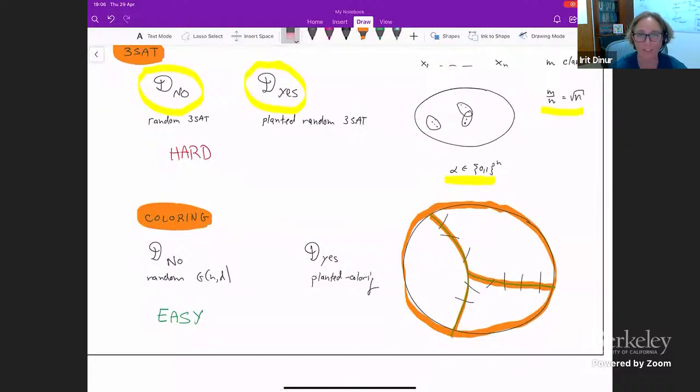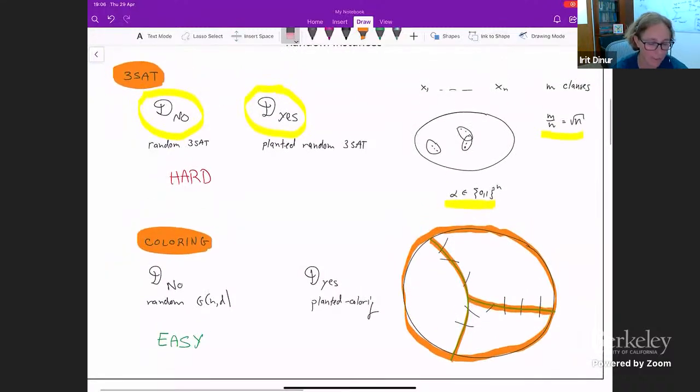And as I said before, a very important parameter is the density. For 3-SAT, the density needs to go all the way above square root n, meaning the number of clauses is n times square root n, before distinguishing planted from random becomes easy. For coloring, already at some constant density, the Alon-Kahale algorithm works. So you see very, very different behavior between these two CSPs, which on some level I view as very similar. There's a very simple gadget reduction from one to the other.